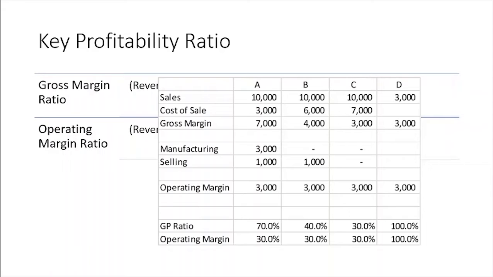If you look at the profit and loss statement, what do you understand? What is company A doing? So company A is manufacturing the things by themselves, correct? Because they have manufacturing cost and their raw material, the cost of sale is very low, right? Company B is not manufacturing by themselves, they are just buying from somebody and making a sale, correct? Company C is